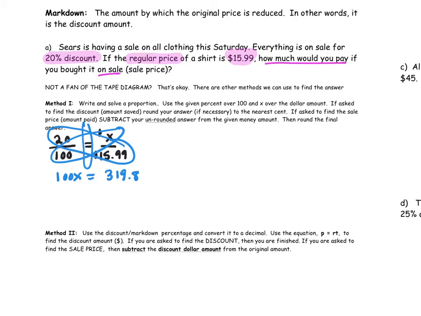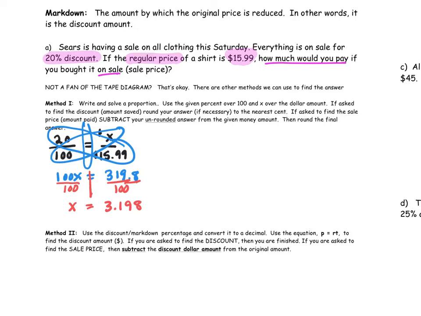So now when we have a proportion, once we've cross multiplied, what I'm showing right now, they're cross products, we're going to have to divide by 100. And when we do, x is going to equal 3.198. Now, if they ask for the discount, we're going to round this number and say, okay, the discounted amount